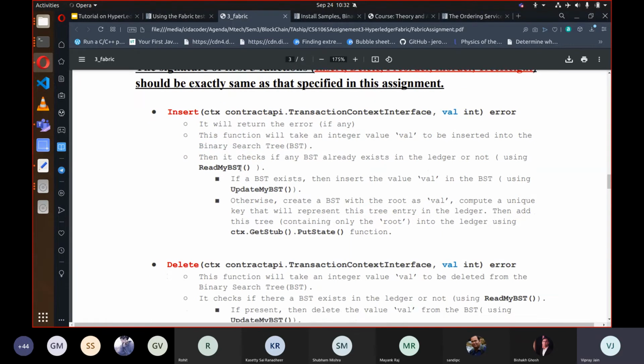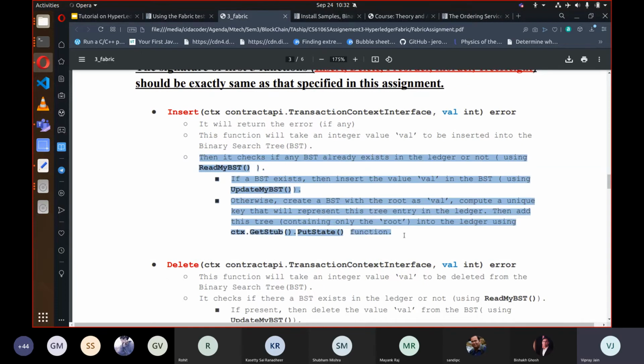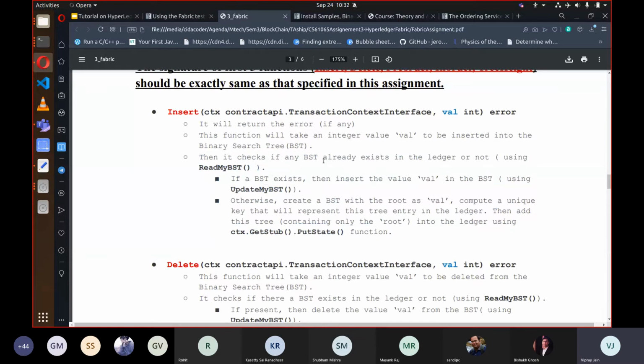The process I have suggested is this. First, you check in the ledger whether the BST is available or not, meaning the BST is already there or not, with this function. Then if the BST is available, you can use the update my BST function to insert this value into the BST.